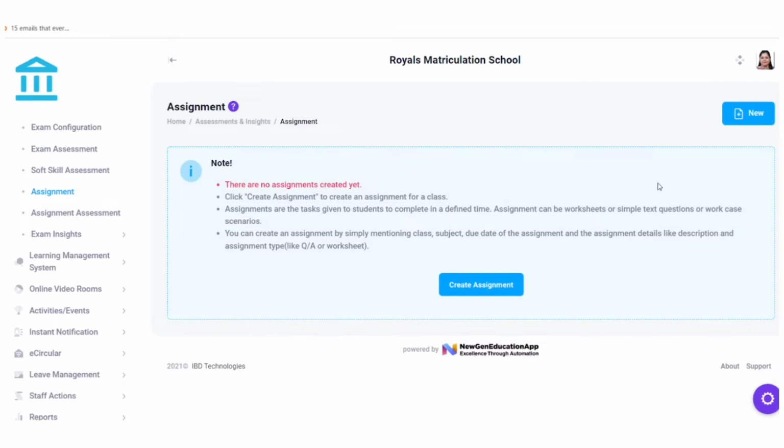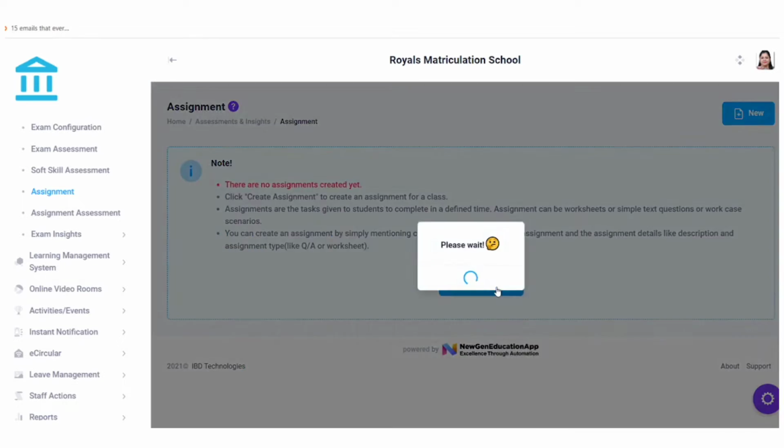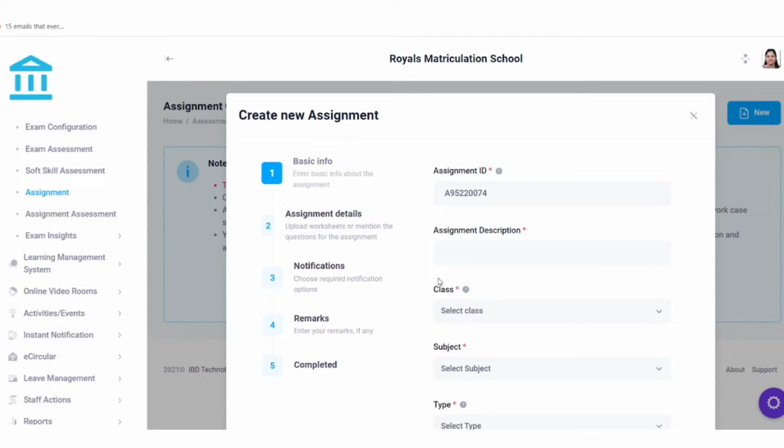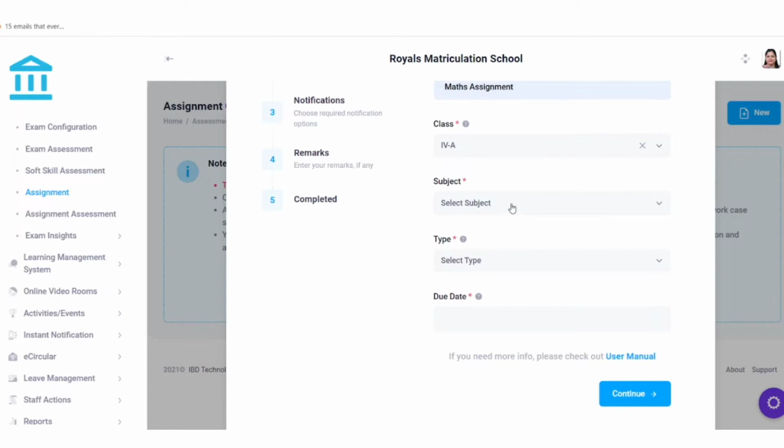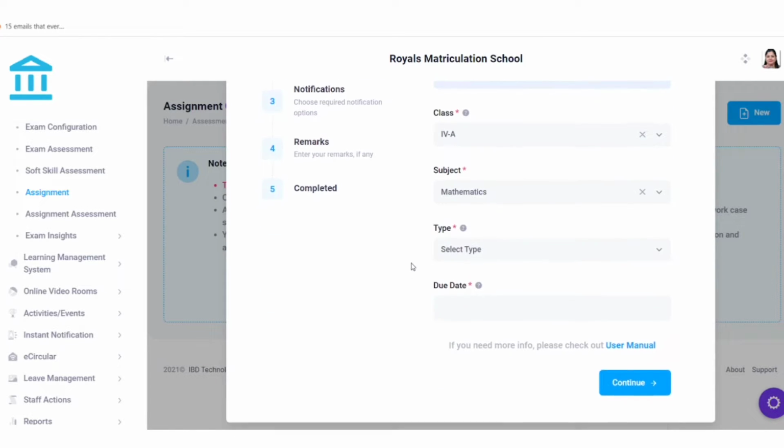So under this assignment feature, you can assign various assignments. So we have two types of assignment. One is going to be the worksheet assignment and the question and answer type assignment. So in order to do that, click on create assignment button here. A pop-up screen appears wherein you need to fill the necessary details. Enter the description about the assignment. Select the class for which the assignment is applicable. Then select the subject. You can select the type of assignment, question and answer, or you want your assignment in the worksheet format. So click on worksheet